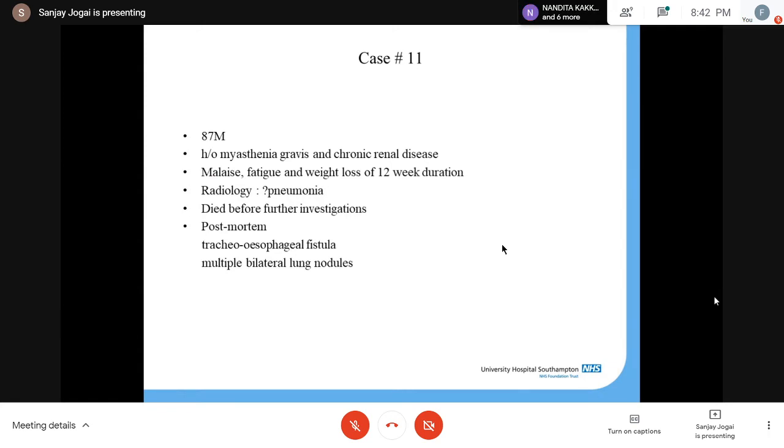So this patient had a background history of myasthenia gravis and chronic renal disease. The imaging said, could this be pneumonia? And he died before any formal investigations could be performed. Now, my colleague noted that the patient had a tracheoesophageal fistula and multiple lung nodules. So it wasn't clear. He thought, was this metastatic esophageal cancer? So he signed it off as that based on macroscopy and sent the preliminary cause of death to the coroner,